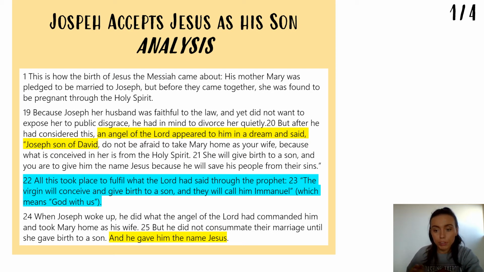Onto the blue section then, we've got the proof text. So all this took place to fulfill what the Lord had said through the prophets. The virgin will conceive and give birth to a son, and they will call him Emmanuel, which means God with us. Now, this is a reference that you can find in Isaiah 7:14, and Isaiah 7:14 reads, Therefore the